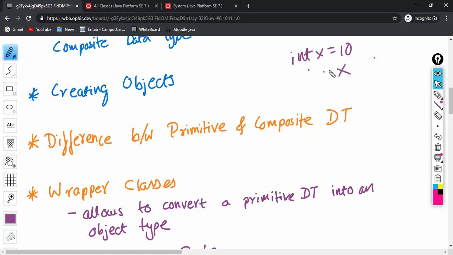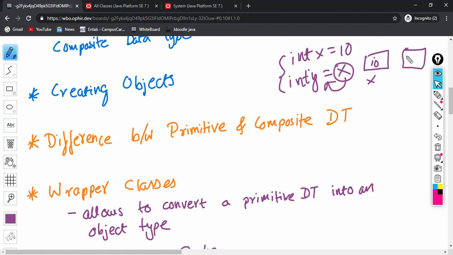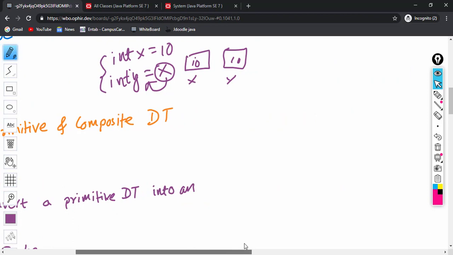Now if I copy this x to y, what will happen? The value of x will get copied to y. So after the execution of both these statements, in x there will be 10 and in y also there will be 10. But if we talk about the composite data type, what will happen?